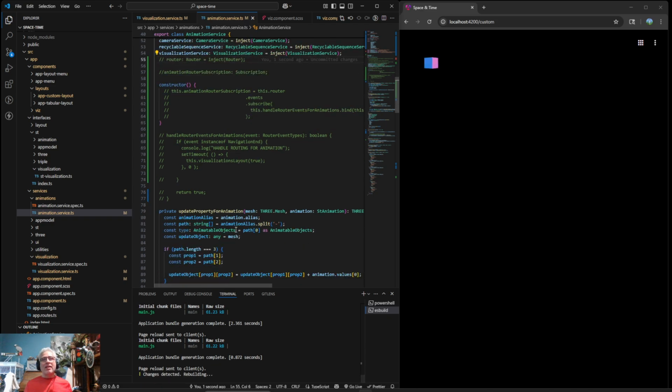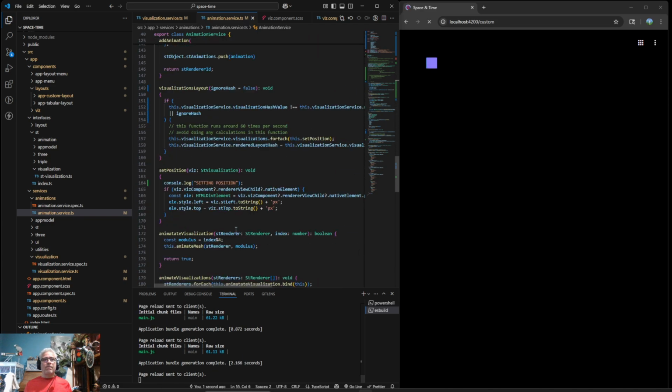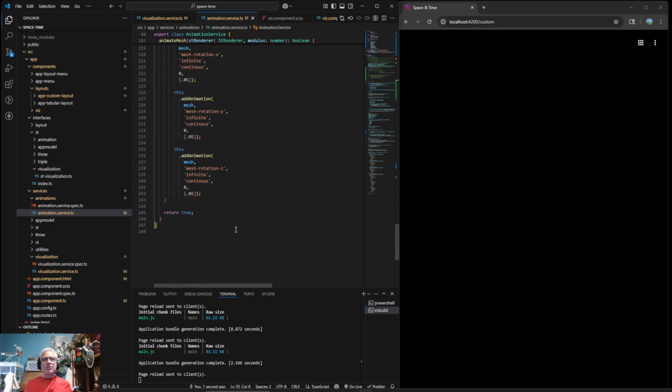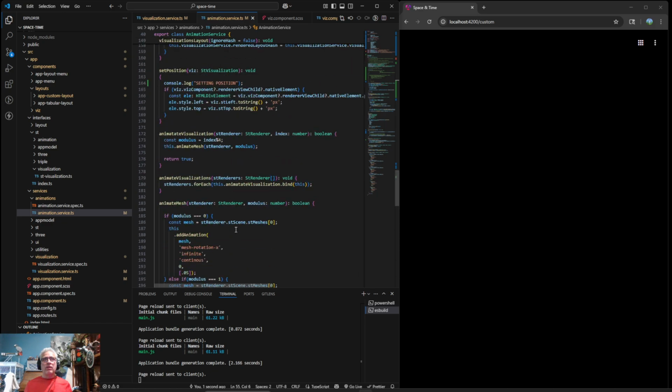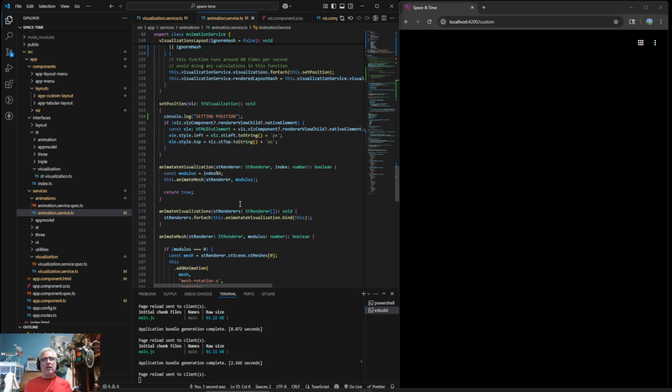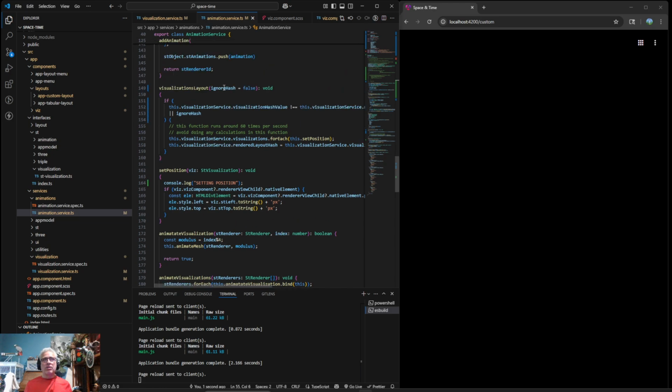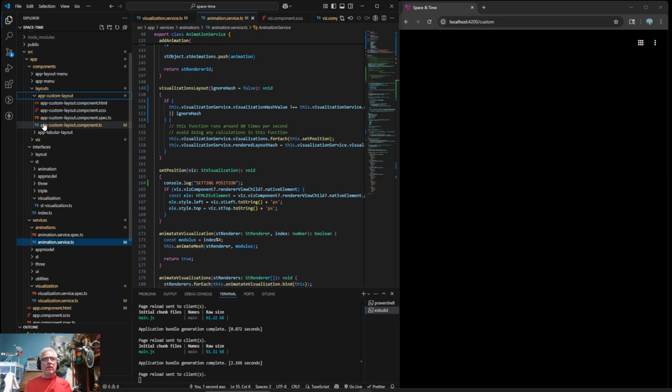But I do think I still need this version of the call that redraws and ignores the hash. I think I need that. But what I would like to do is only do it after app custom layout is completely done drawing all of the children.